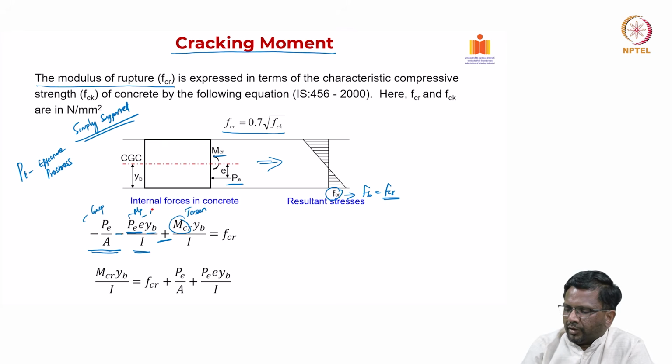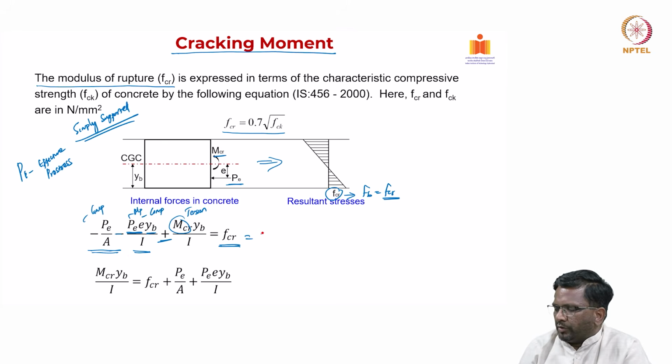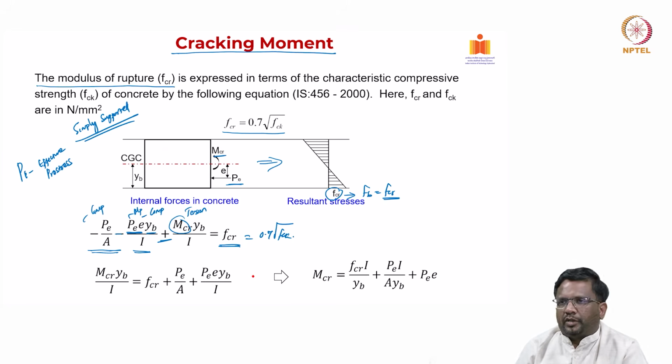So, this is going to create compression. So, compression, compression, tension. And now, fcr is given to you, which is equal to 0.7 square root of fck for a given grade of concrete. We can calculate that, and you plug all these values,